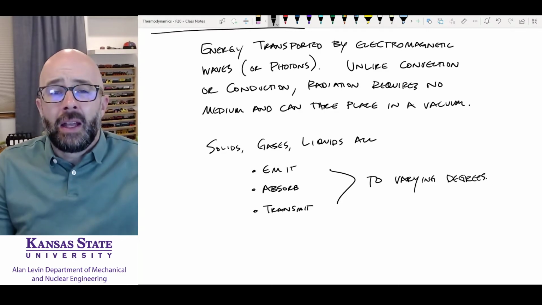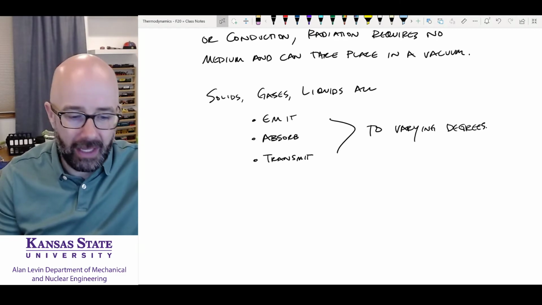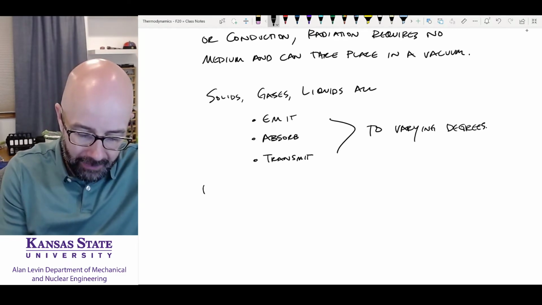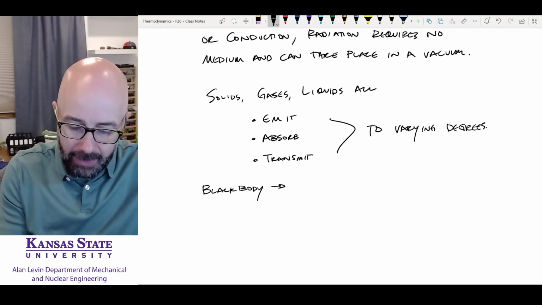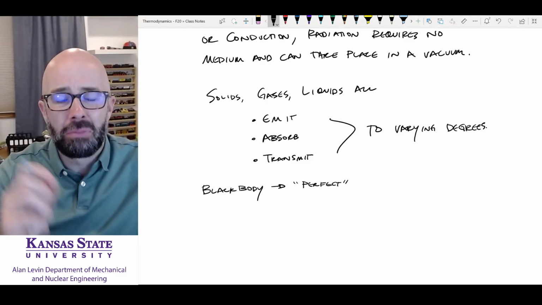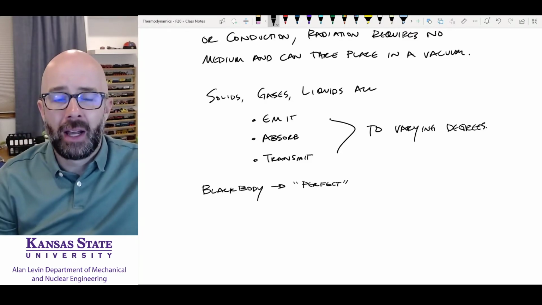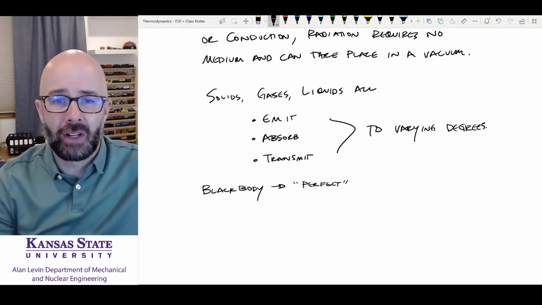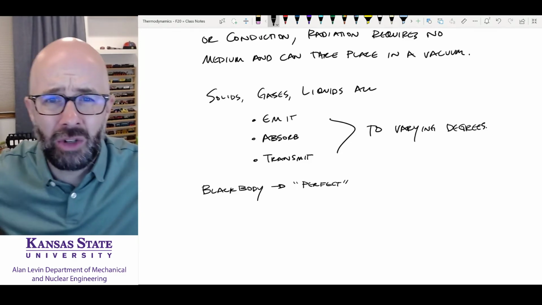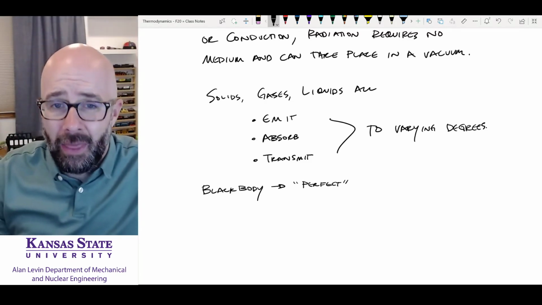Okay. Now, there is a special type of body that we talk about in thermal radiation. It's called a black body. A black body is perfect. So when we're studying thermal radiation, we are going to consider this perfect black body as being the perfect emitter and the perfect absorber of thermal radiation. That's what we'll base all of our discussions on. How are other bodies related to a black body? That's that perfect idea. But what we're going to talk about here is